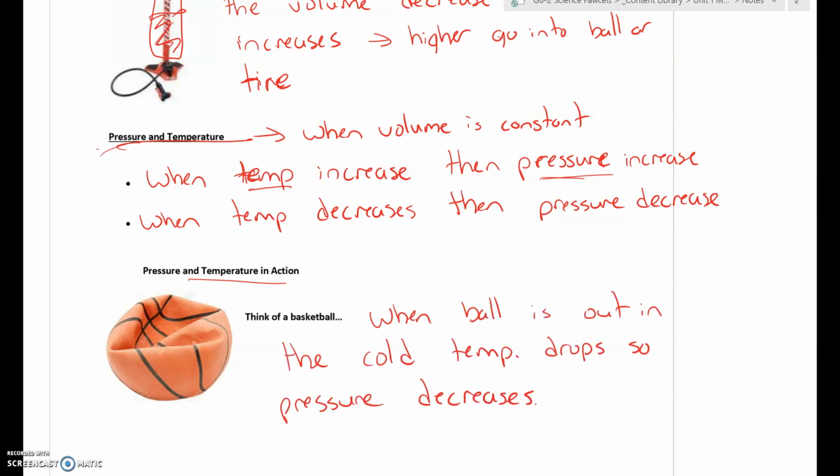The reason for this law has to do with what pressure and temperature really are. Temperature is the speed of the molecules, how fast they're moving, and pressure is how much they're pushing on something. If they're moving faster, they're going to push harder on stuff. So the molecules of the gas inside the basketball here, they're zooming around, bouncing back and forth. If they slow down, they're not moving as fast, they're not pushing out on the sides of the basketball as much, and the pressure decreases and the ball is able to deflate.